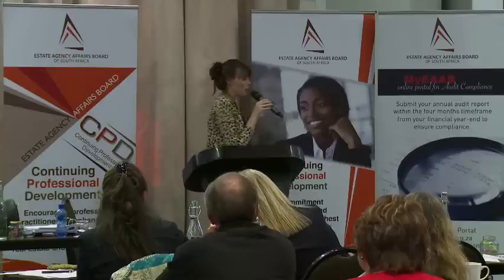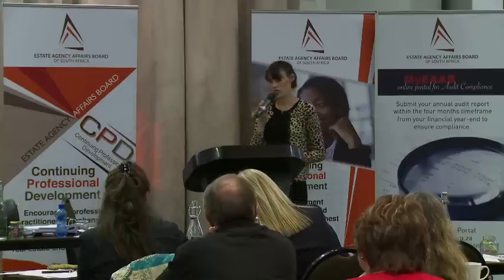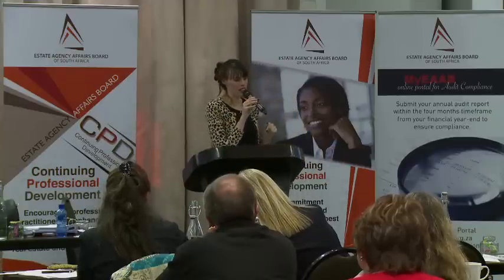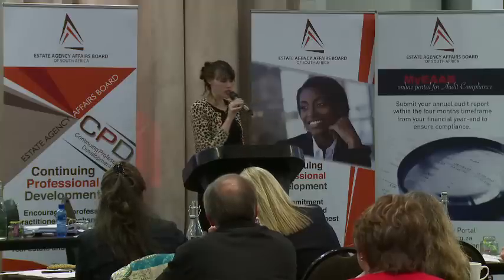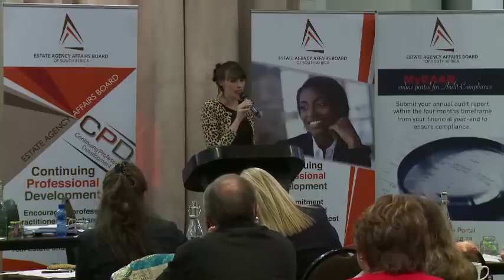Now, basically, on the basis of the abstract theory of transfer, Mr. and Mrs. Wright did not have the intention to buy the unit that was transferred in their name. But now the deeds office records have to be rectified, and it's an absolute nightmare. Mr. and Mrs. Wright have a bond over the incorrect property because the bond was registered over the incorrect property, but they're living in a property that's owned by someone else, still owned by the developer.